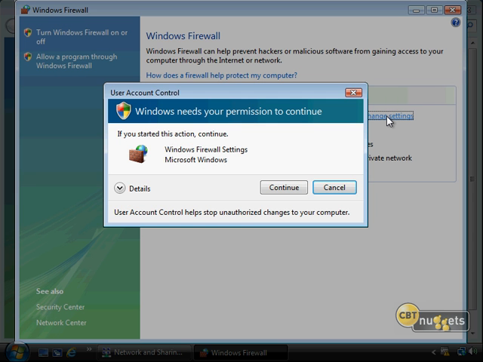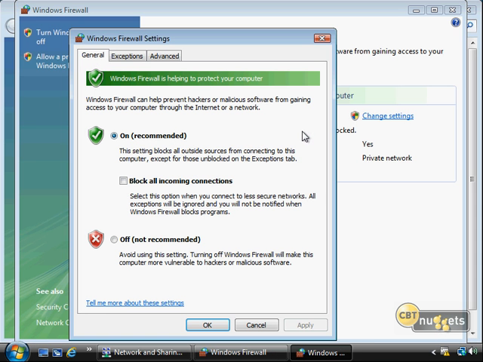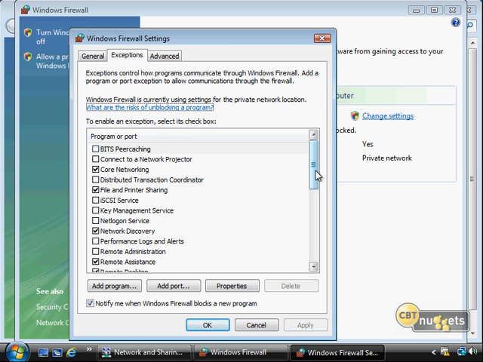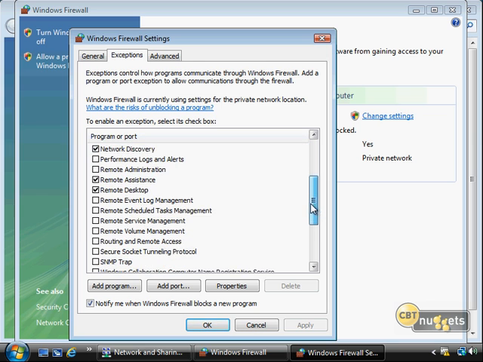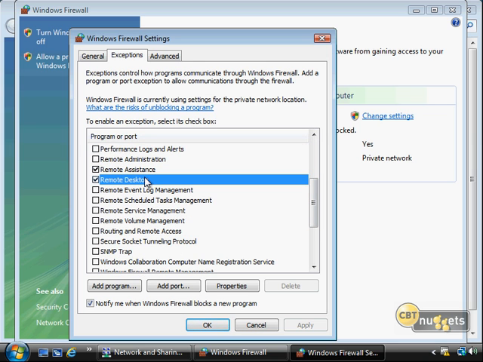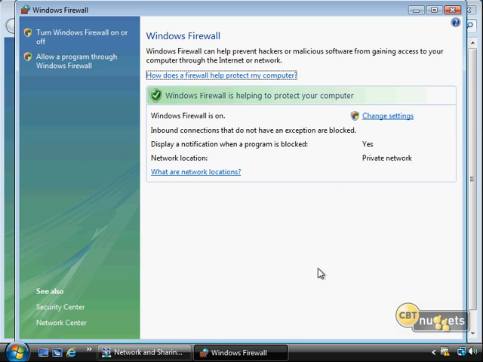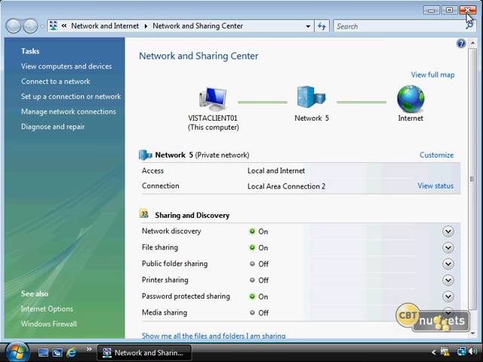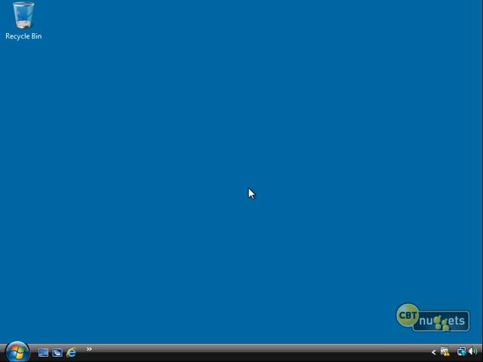If I go to change settings here, we'll see that there's just a conventional setting, they're turned on, and you can make exceptions for specific kinds of ports if necessary. For example, if I've got file and printer sharing turned on, I also need the ports open for that, for example 135, 139. If I've got remote assistance or remote desktop turned on, I need 3389. Some of these are automatically turned on for you anytime you enable one of those services. But anyway, the firewall is turned on, as we can see here, and as a result,